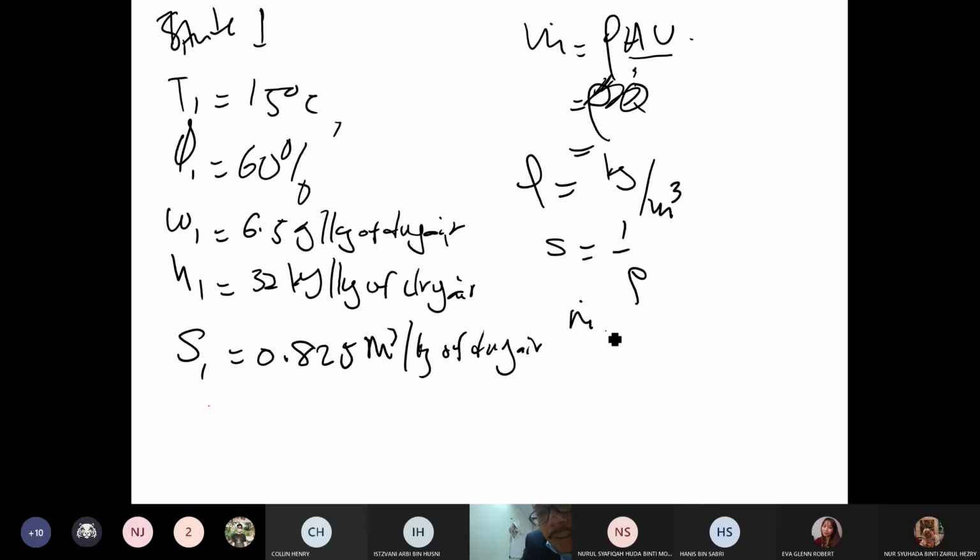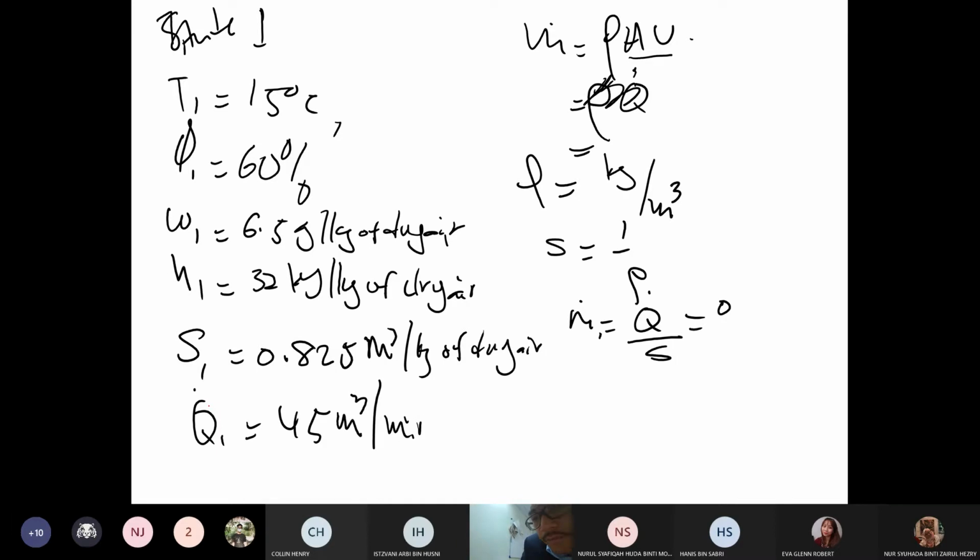So what we have here is that m dot 1 is equal to Q dot bahagi dengan S. So what we have here, you punya Q dot 1 is equal to 45 meter cube per minute. Okay, so what you have here is that